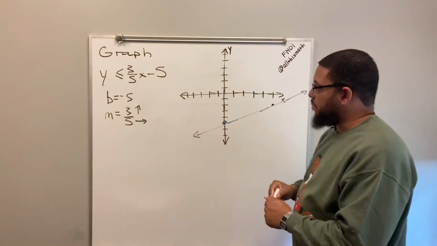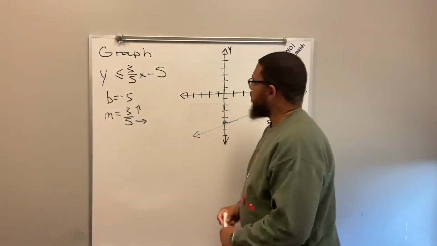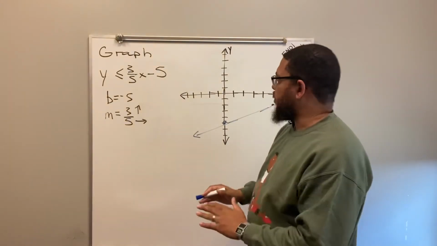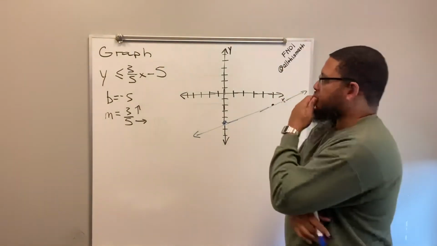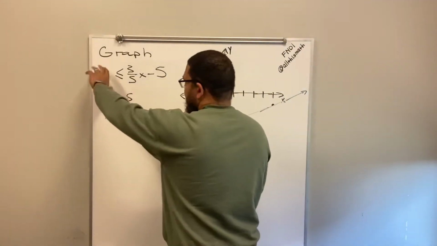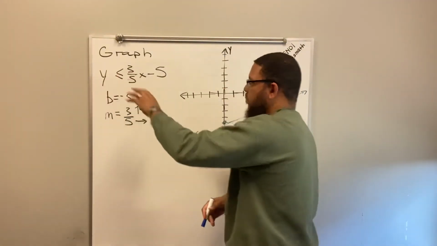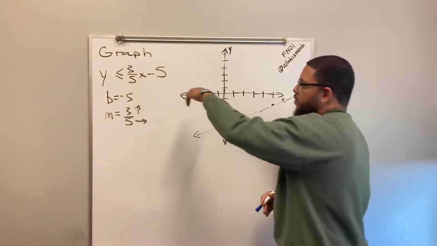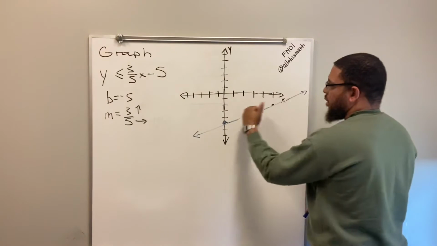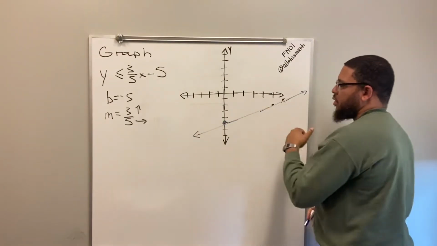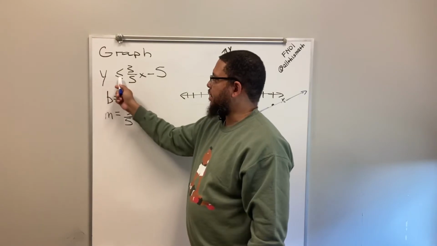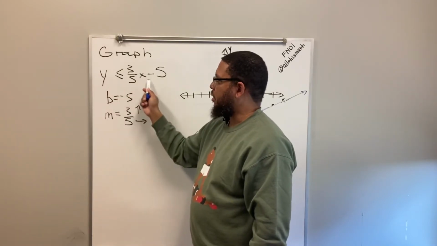Now, the next step and the final step is to show where we're going to shade at. This is one of the ways to do it, right? I like to think of y as representing the shaded area. The 3/5 x minus 5 represents the boundary line. So if the shaded area is less than or equal to the boundary line, we've got